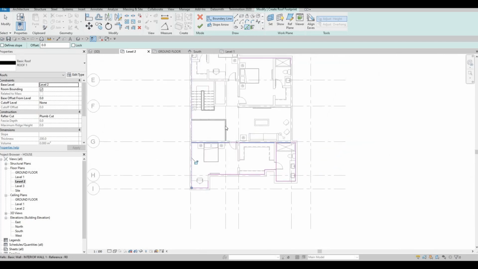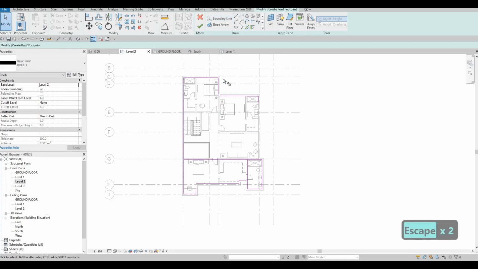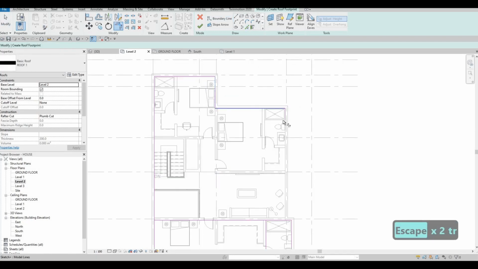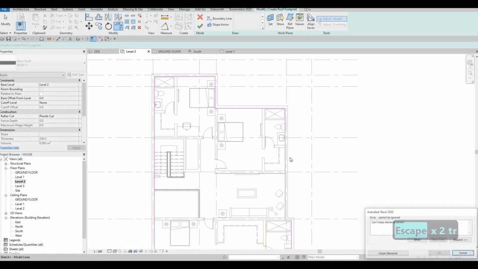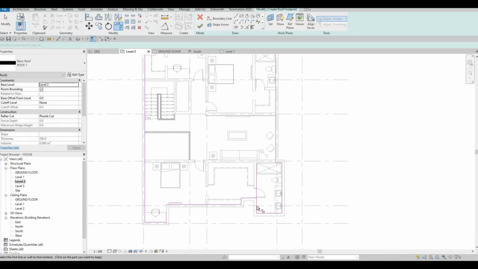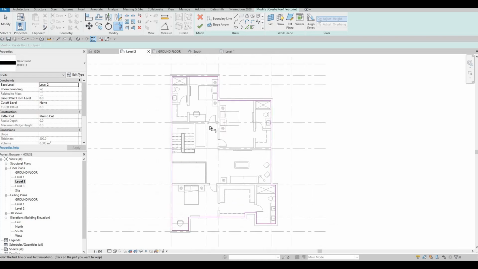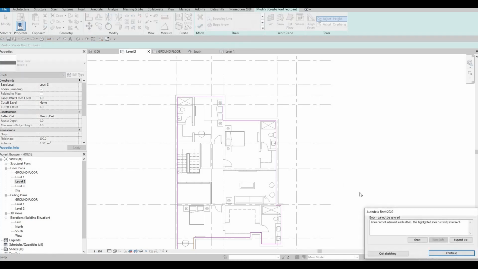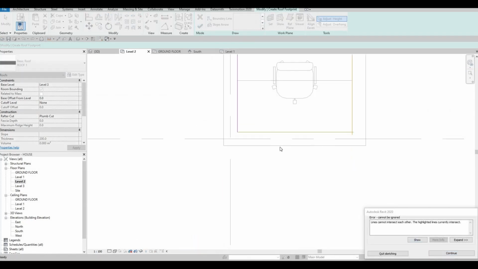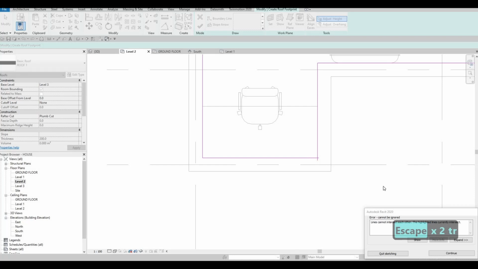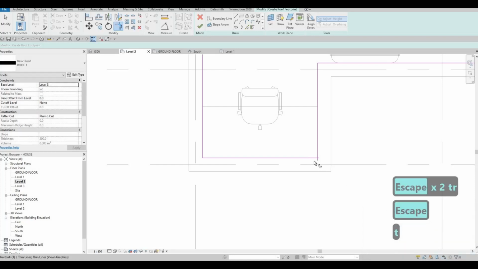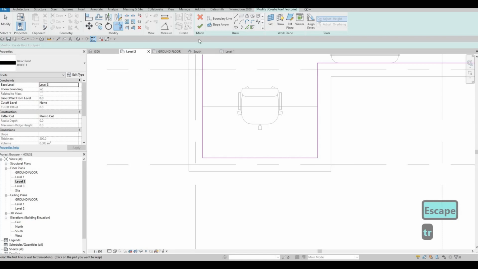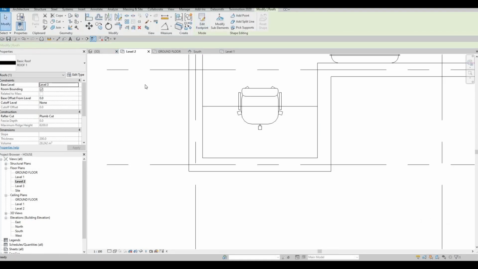and then just by adding those we could just trim it. So trim everything up, make sure everything is connected, and join this one, turn here and join it there. So click on, before you click finish, actually let's put it at level 3. We need to show what's wrong, and there we go. We need to continue first and then TR, trim and extend, and then click finish, and then let's go to